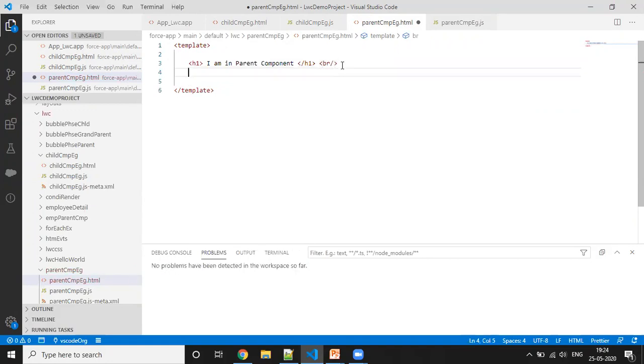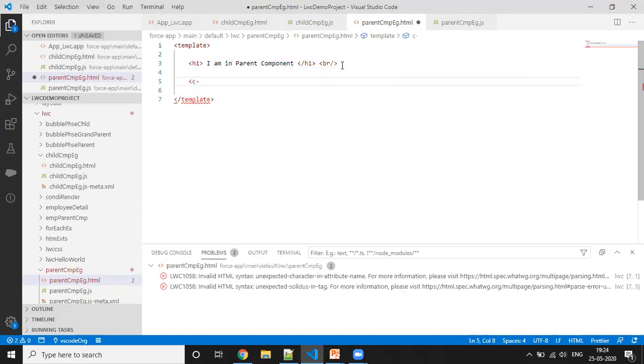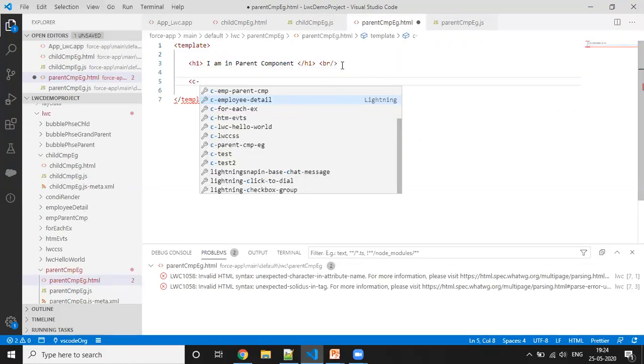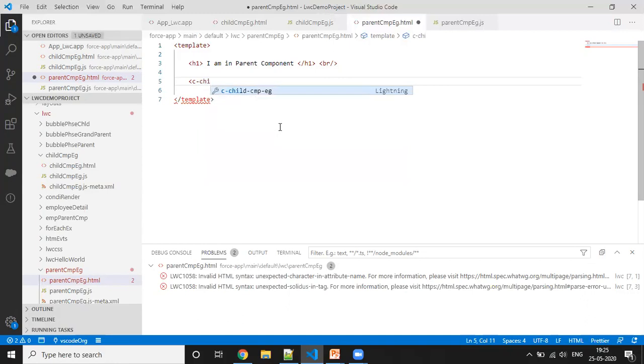Give a break here, and then call the child component example. We can see the dashes: whatever name you give, if it contains a capital letter, it will take a dash here.